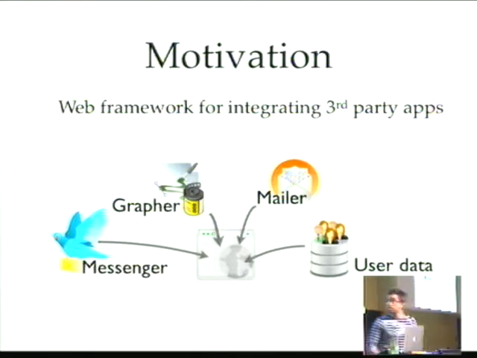So one example might be, say, a messenger application, which lets you exchange messages with users, maybe a photo editing application, or something to send mail-like things. Now, since these applications are all built by third parties, maybe users as themselves, and they're operating on user data, we'd actually like to make sure that when we run these applications, it doesn't violate your privacy.